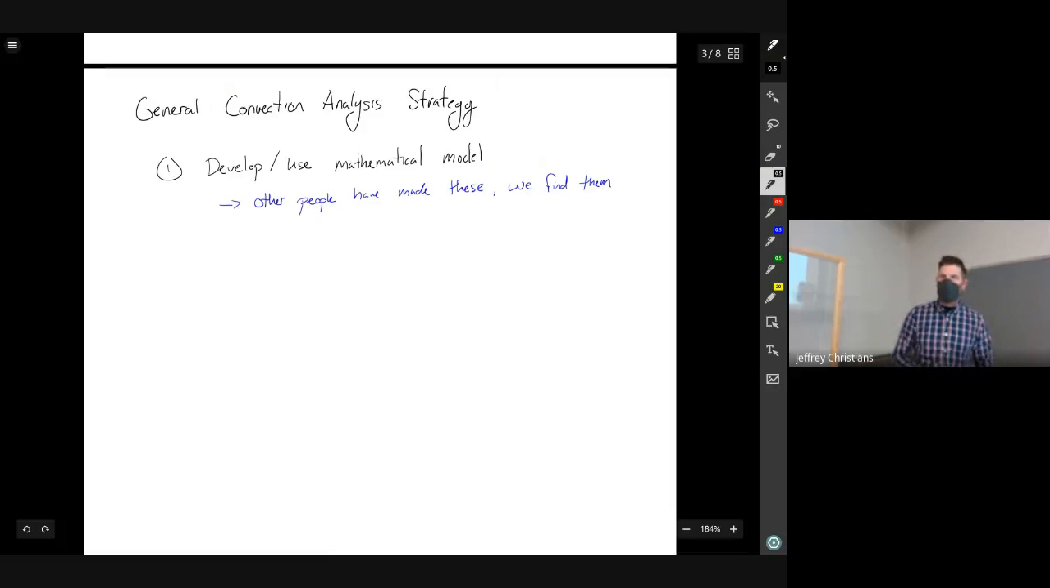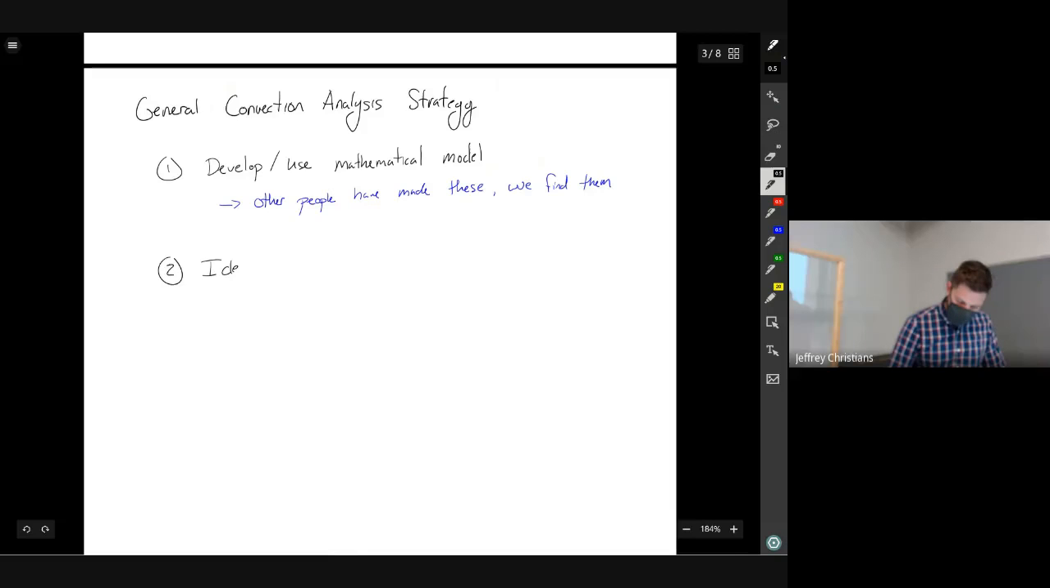So we typically are not going to be developing these. We're going to be finding them. Other people kind of did all the heavy lifting. We just have to find the right one and then be able to use it. If we can't find something that exactly fits the problem that we're trying to solve, then our job is to